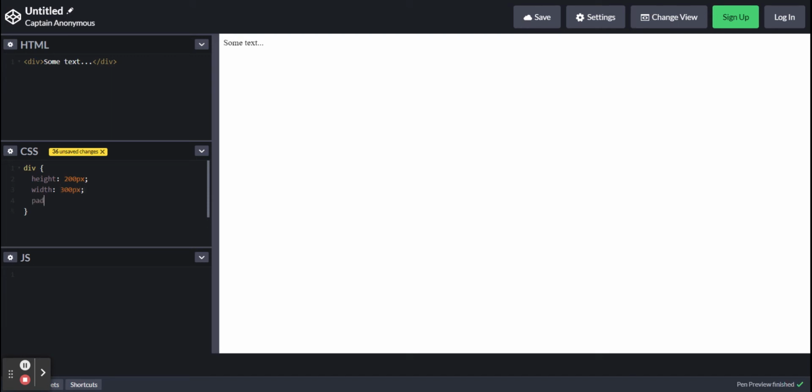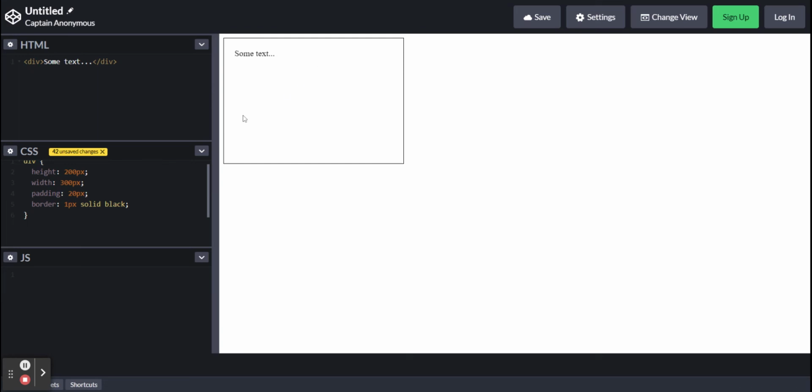We're going to change the padding to 20 pixels. And we're going to set the border to 1 pixel solid black. Now we have a basic element, and now we're going to use the two most important properties to make the